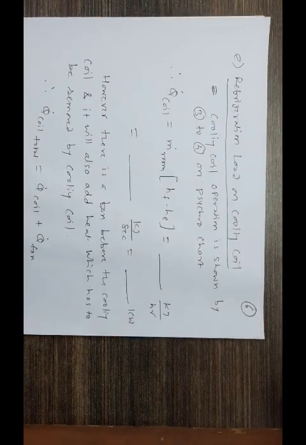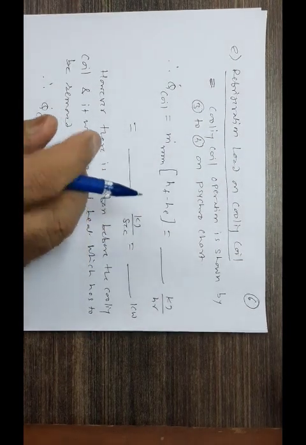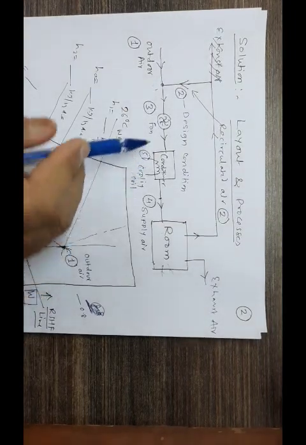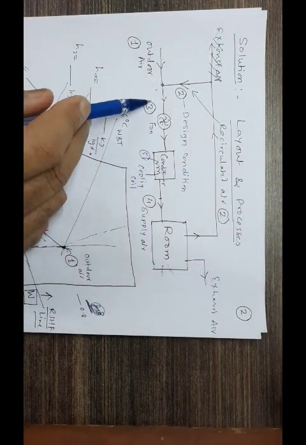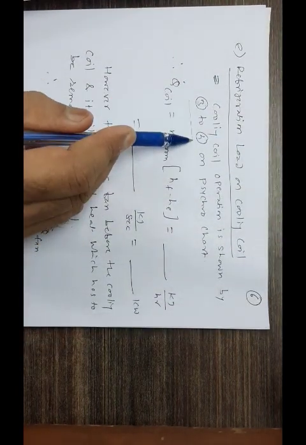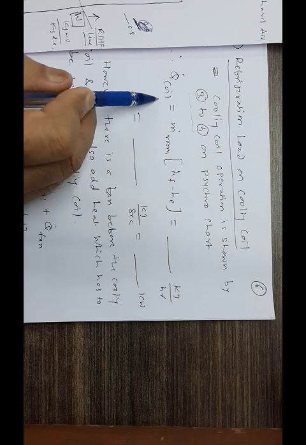the refrigeration load on the cooling coil. Let's look at it. The cooling coil operation is shown by what? Let us look at the block diagram here. This is your cooling coil. The cooling coil is operating, maintained at 5. You are supplying air at 3 and it comes out at 4. So 3 to 4 is your cooling operation. So your cooling coil is subjected to these conditions, and therefore heat transfer, because on through the